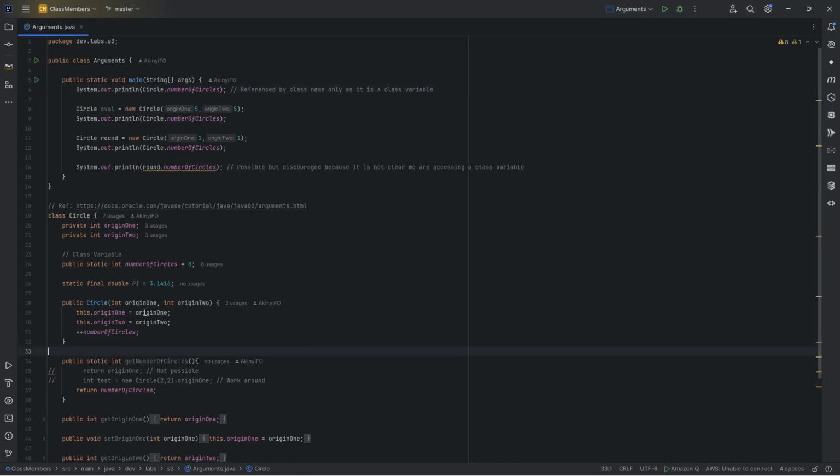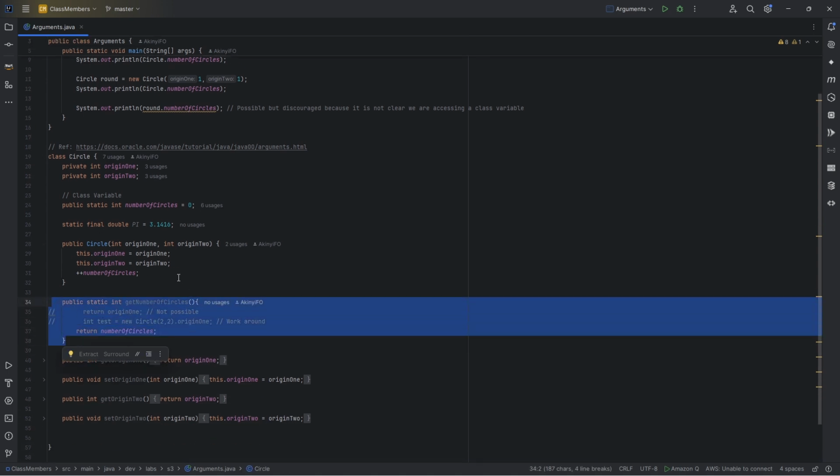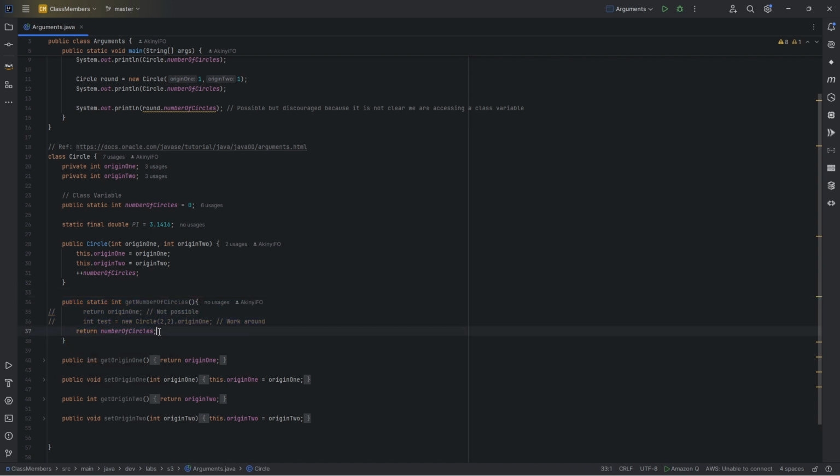So I have this class method here, public static int getNumberOfCircles, and because I know it can access class variables, then it's possible for me to return this class variable from within that method. So it's an int, it's expecting a return value of type int, and I'm returning numberOfCircles. That's possible. What is not possible is for me to return